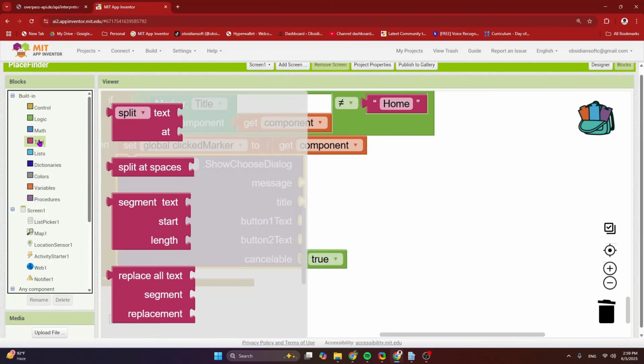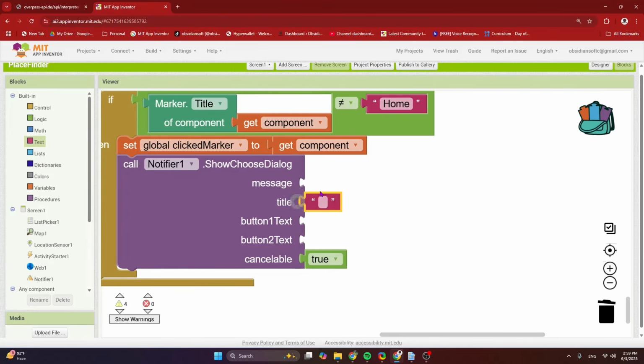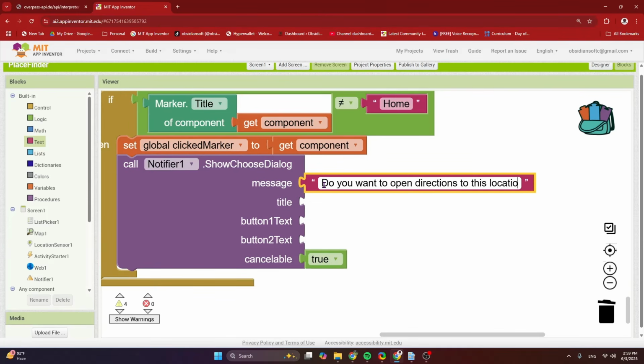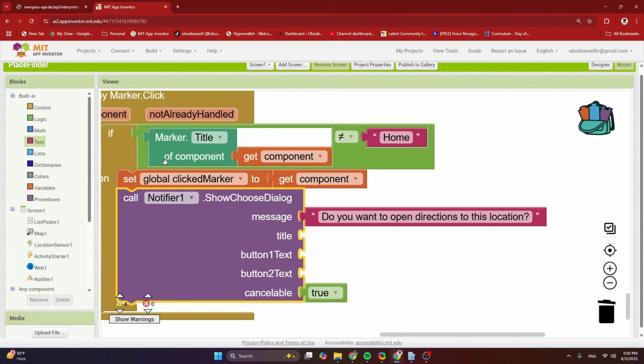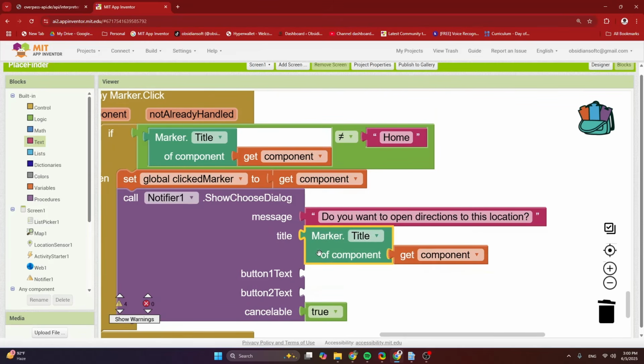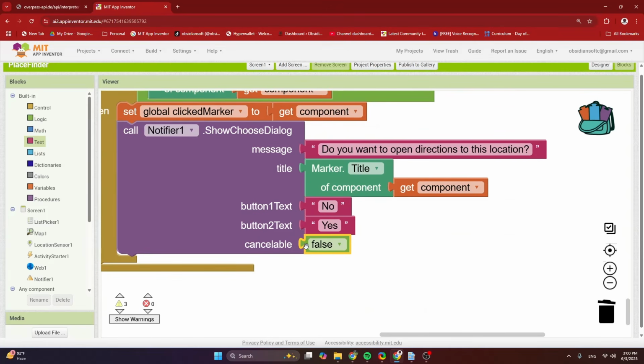So here the message is a text block that says, do you want to open directions to this location, question mark, and the title is, right click, duplicate, the name of the place, the amenity, and button 1 text is no, and button 2 text is yes, and I'm going to make it not cancelable, so make it false.